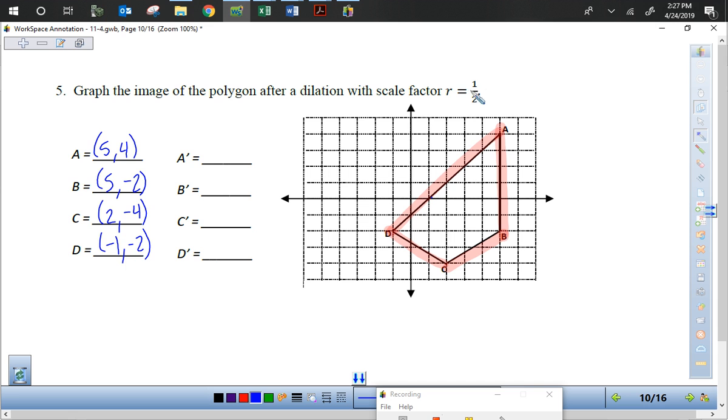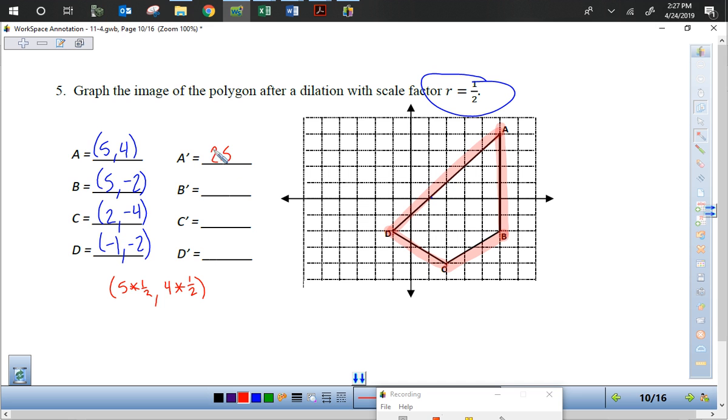We're doing this by a scale factor of 1/2, so every single piece we just have to multiply by 1/2. So first up, we're taking 5 times 1/2, and then 4 times 1/2. So 5 times 1/2, okay, it's just 5 divided by 2,